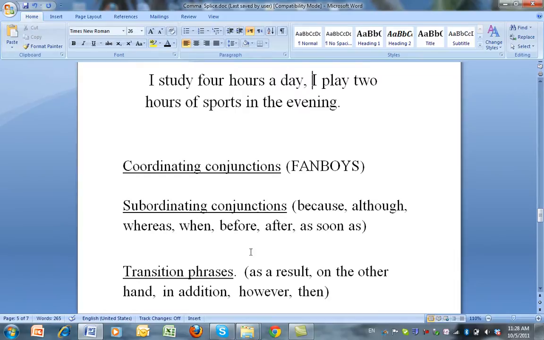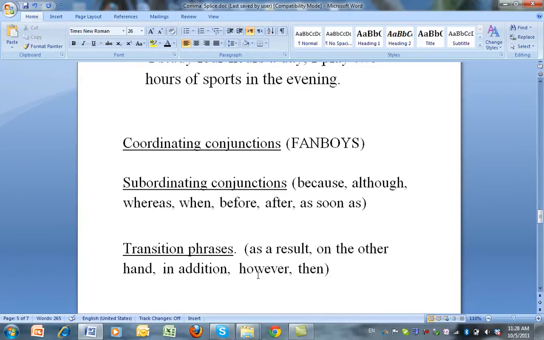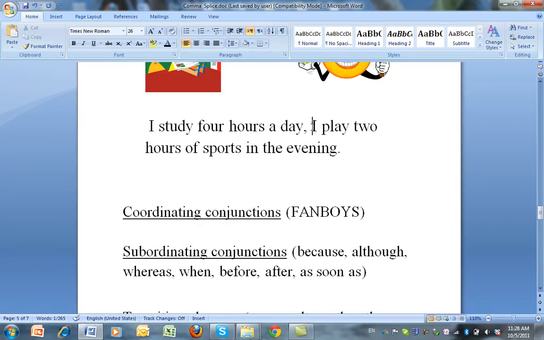Or we could use a transition phrase. It could be in addition, or it could even be then. Then has to do with time. In addition just has to do with like the word and. All right? So for example,